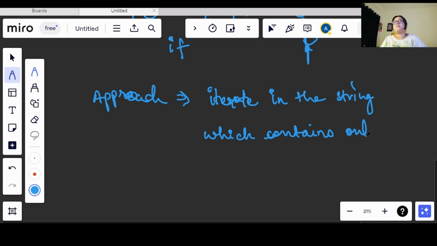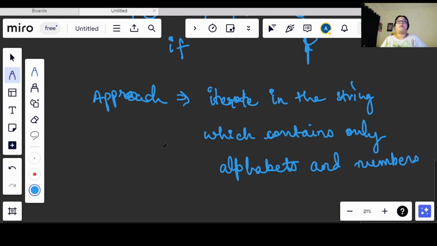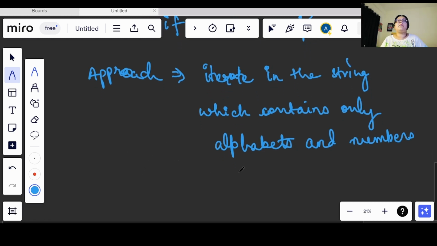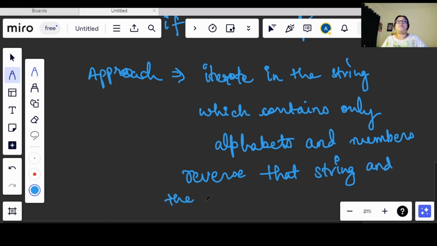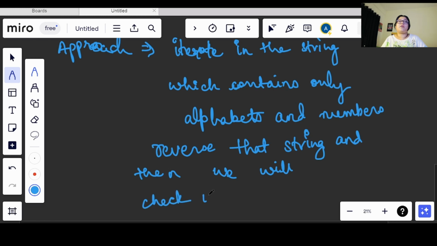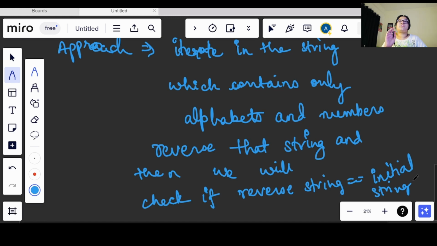Then once we start the iteration, we will reverse that string, and then we will check if the reversed string is equal to the initial string or not. So this is approach 1.